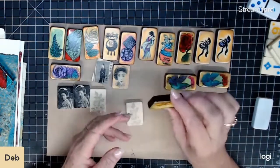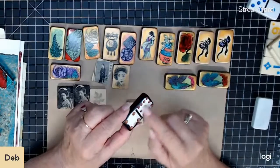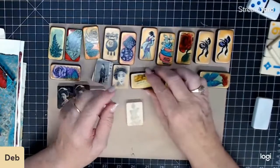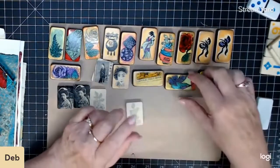I've made pins out of these just by putting a piece of felt on the back with a pin, so that you could pin it on your jacket or something. And I framed them. What else have I done? I've made